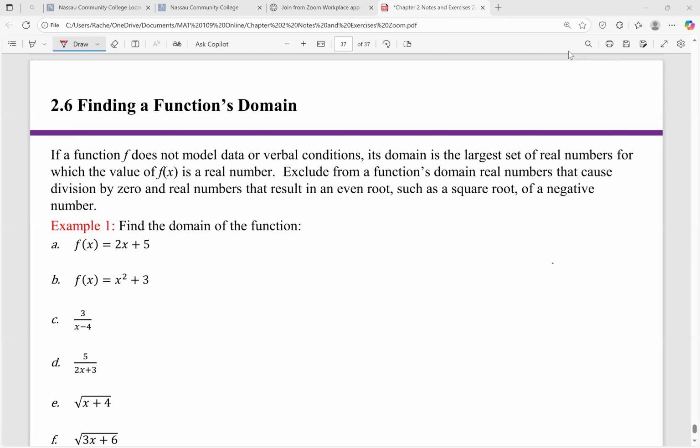This video is going to cover the last section in chapter 2, which is 2.6, and it's finding a function's domain. So we've already talked about domain in previous sections, and that's the set of all the possible x values that pertain to the function. So a function's domain is the largest set of real numbers for which the value of f of x is a real number. So in other words,